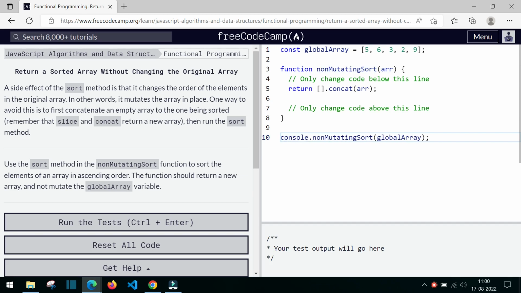Use console.log of, okay, this, and you will be getting an array 5 6 3 2 9. Okay, and we are getting the values of the original array. Okay, but we are not returning the original array, we are returning the duplicate of it using the concat method. Okay, but now what we have to return is the sorted version of this duplicate array. Okay, so we have to use the sort method here. So give dot sort of,